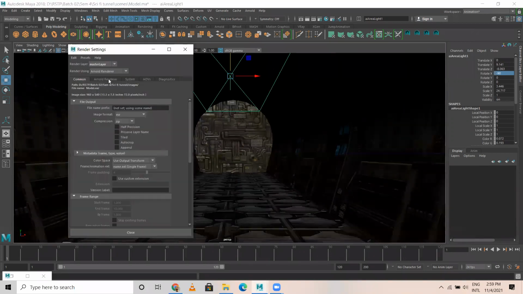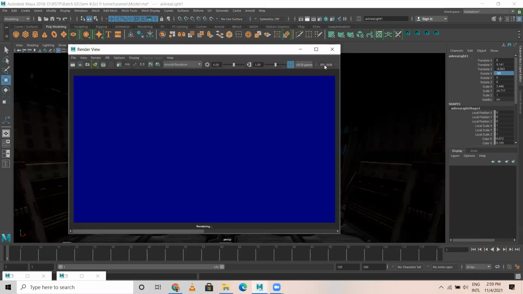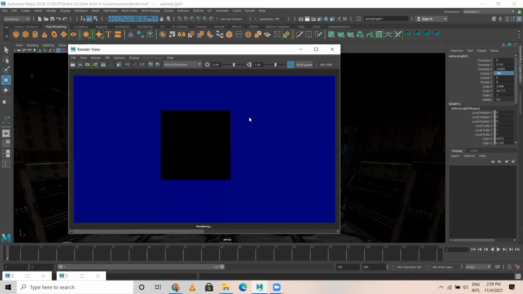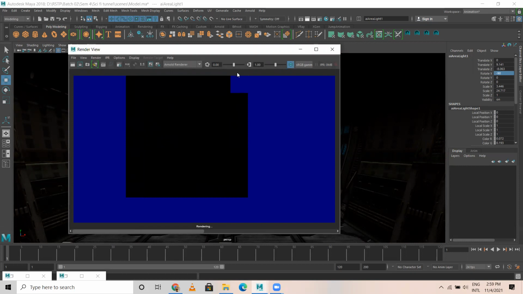Settings, pick Arnold. I'm not gonna change anything else for now. Render this. Okay, I think the light seems to be way less, but we have two options here, alpha and the exposure part.